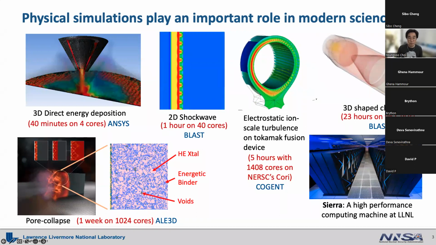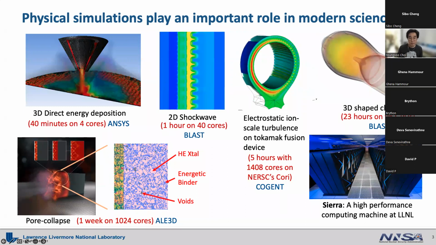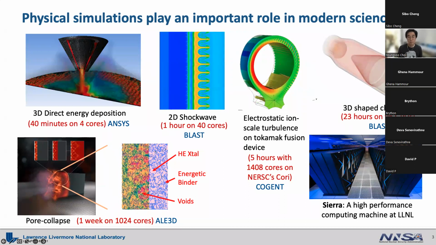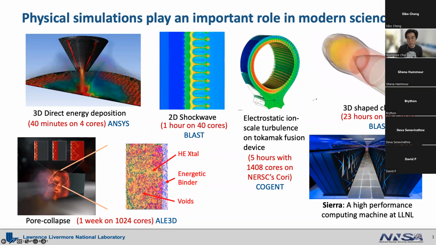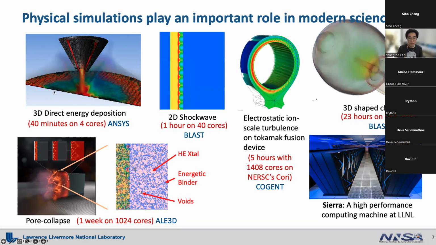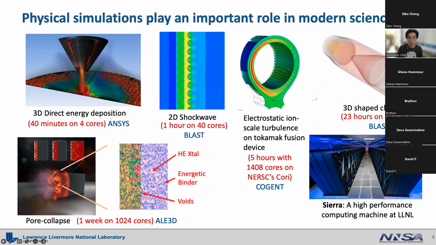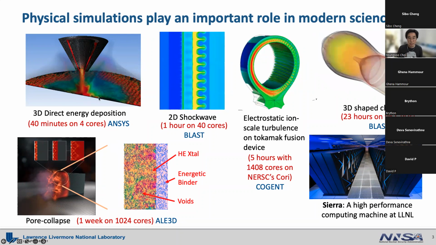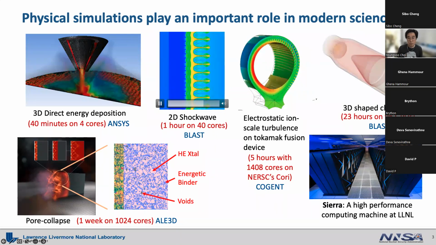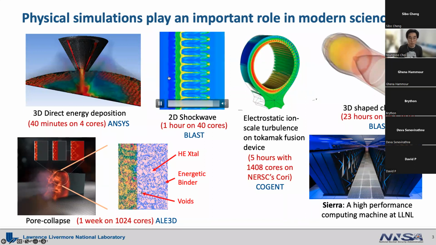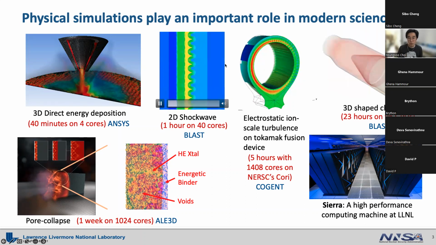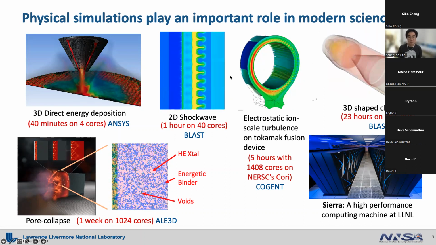So for example, these days, various physical simulations have been developed to better understand the process of 3D printing. The simulation for 3D direct energy deposition is one example here, as you can see. And the shockwave, the hydro simulation are important for multiple applications such as automobile, aircraft engineering, or geological science and nuclear physics and so on.